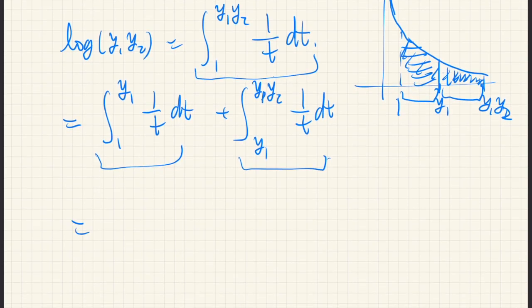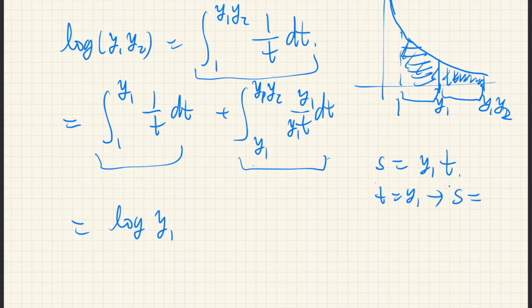And the first integral is, by definition, log of y1. And for the second integral, let's change the variables. So multiply both numerator and denominator by y1. And change the variables from t to s by this change of variable: y1 times t is equal to s. So when t is equal to y1, then s is equal to 1. When t is equal to y1 times y2, then s is equal to